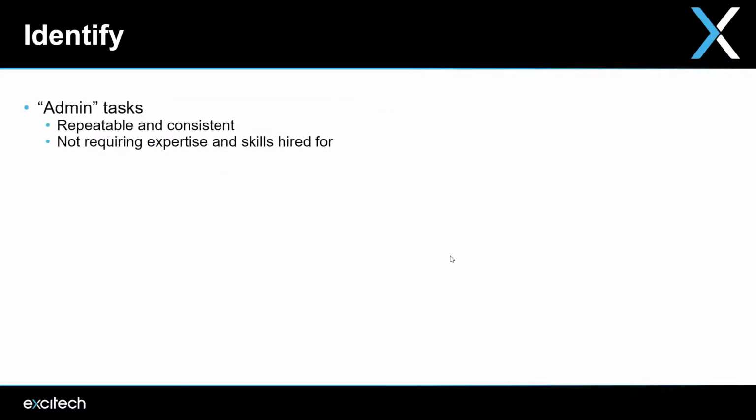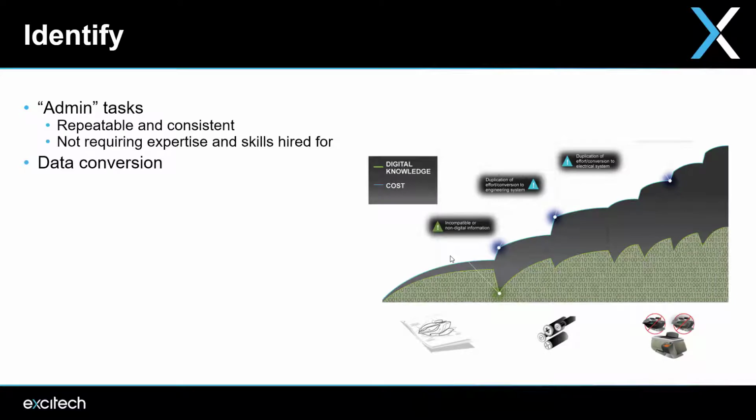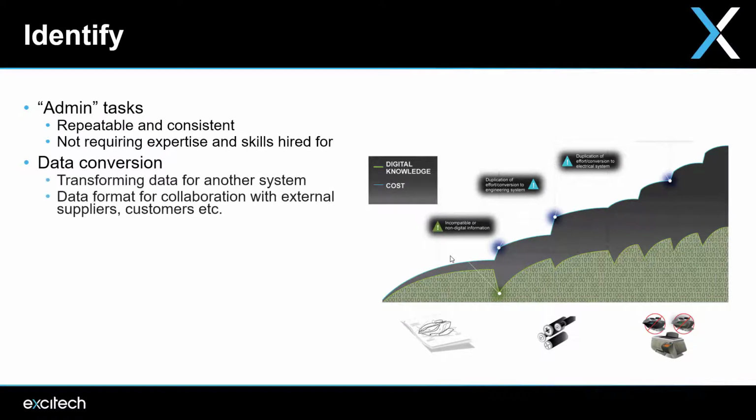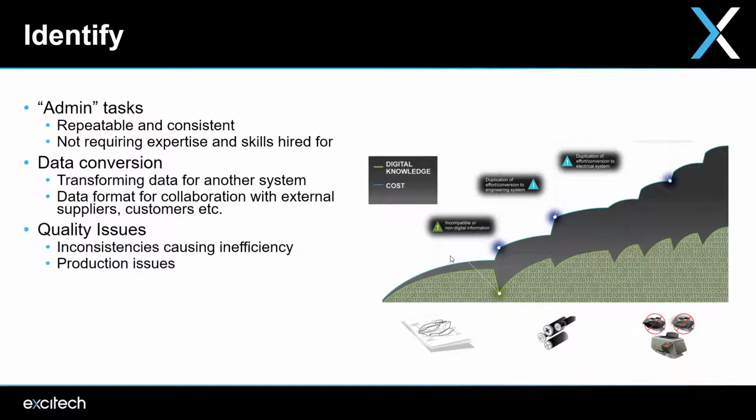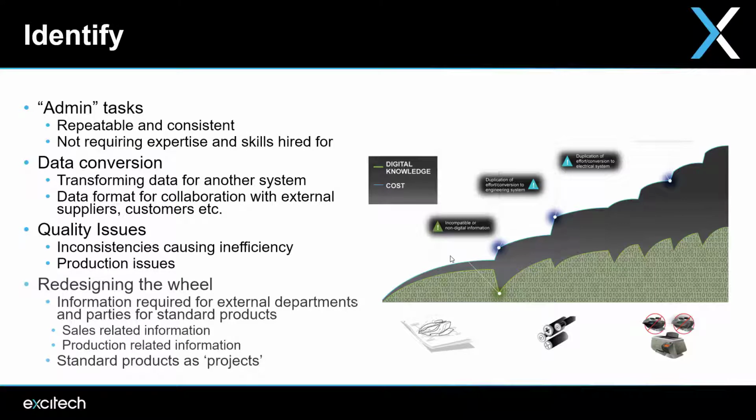Firstly, identification of the issue we want automation to address. For example, we often hear reference to administration functions, generally in reference to any necessary task or function of our role that doesn't really make use of our true expertise and skills. Often these may involve preparing information in formats required for others, taking the data we have and making it accessible for an outside party or other application. Or we may be addressing a quality issue or resolving an issue where we're redesigning things that have already been